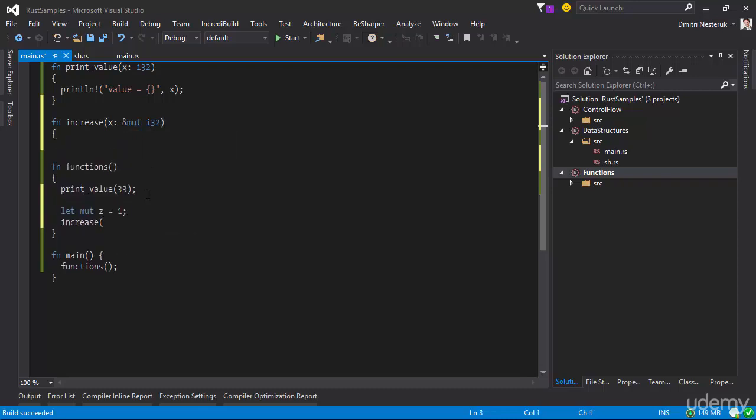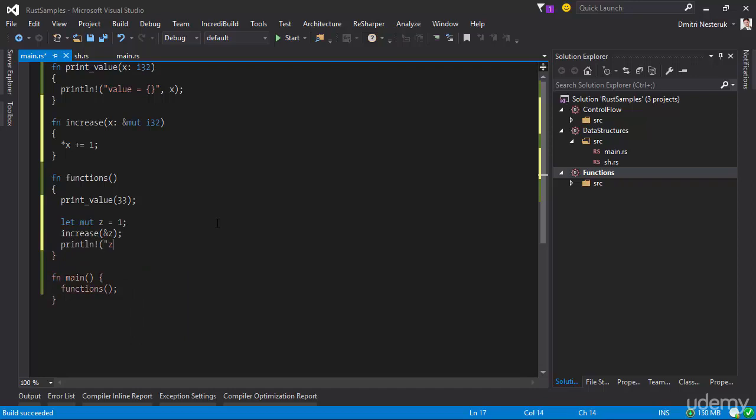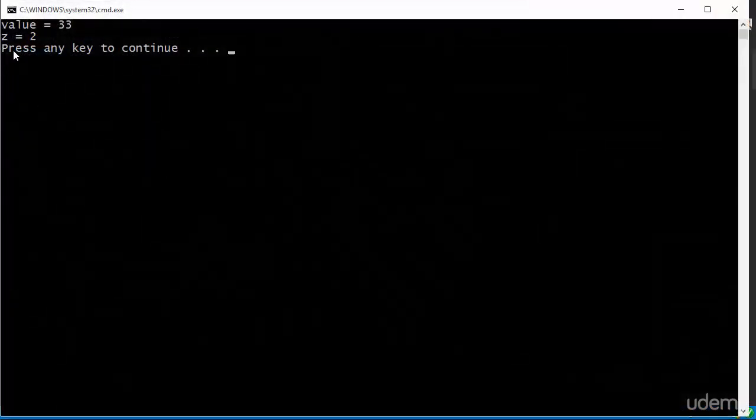So essentially we're borrowing this value, and then what we can do is we can follow the sort of dereference the reference. We can star x and increase it by 1. So here, if I want to increase z, I would just write &z like so, and then let's print out the final value of z here, and let's run this. Okay, so a bit of a problem here. The z is mutable, but we're trying to pass it as an immutable. So let me put in a mut modifier here, and let's run this again,